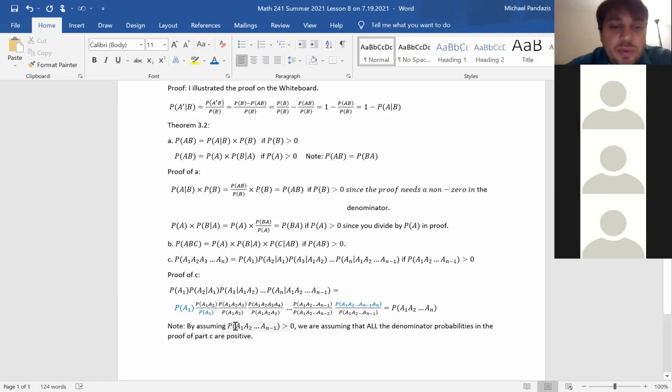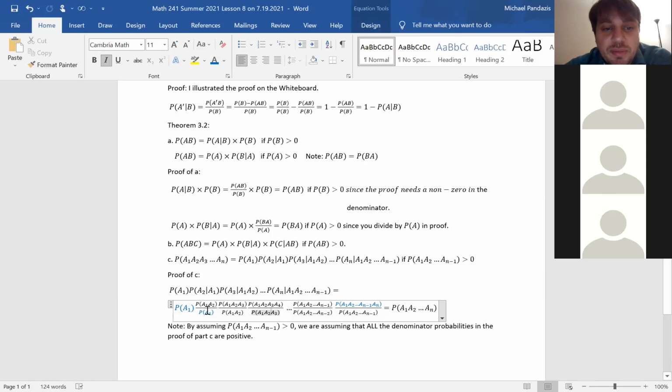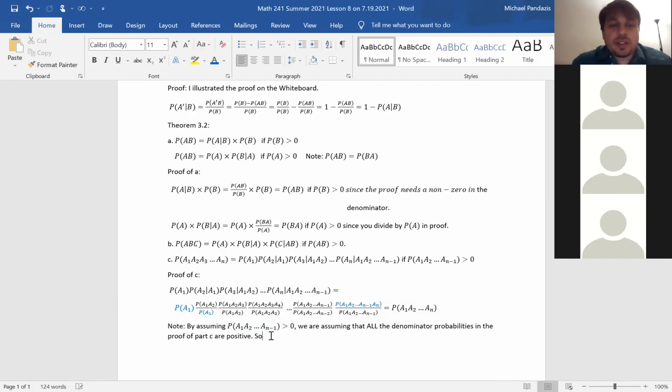If the probability of all of these events happening is positive, that means that the probability of any of these events is positive. That means the probability of A1 is positive. That means the probability of A1 and A2 is positive. It means the probability of this is positive and this is positive, okay? And so we can deduce from that one assumption that